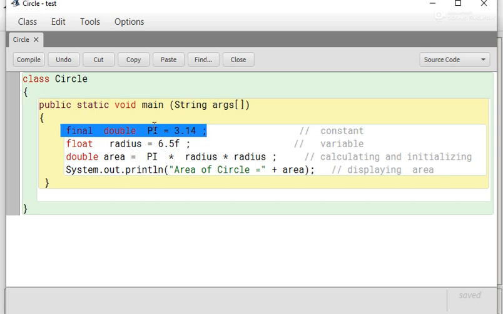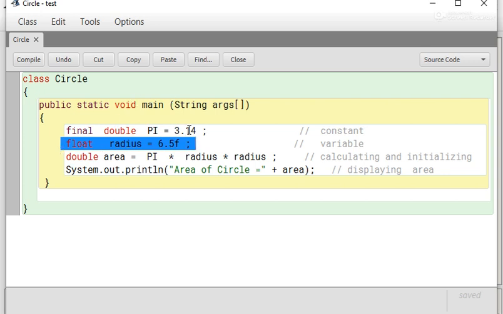We cannot change the value of pi later in this program. The second, float radius equals 6.5f. This line tells we are going to declare a variable radius of float type and we assign the value 6.5f, where we need to add f to make it float type, otherwise it will be double data type.